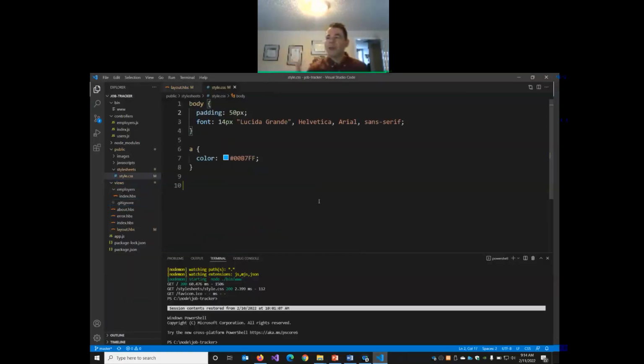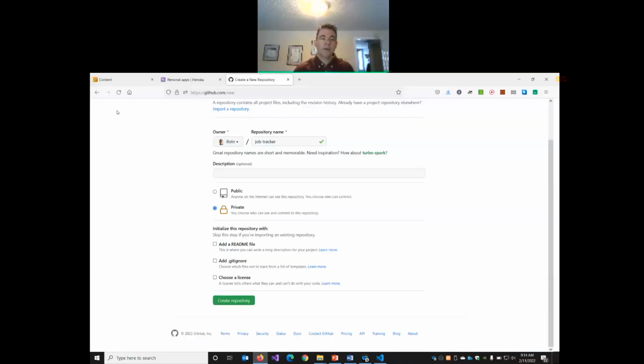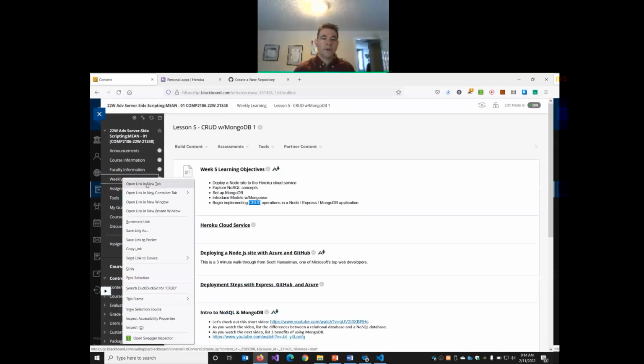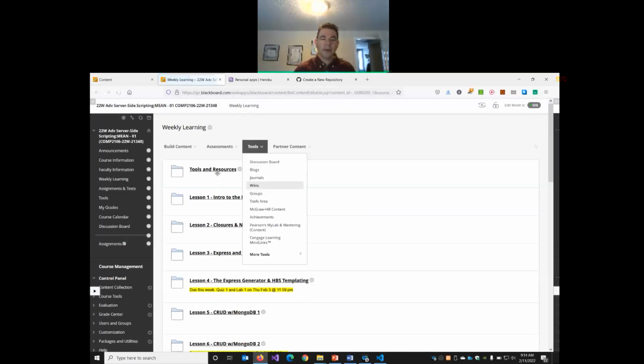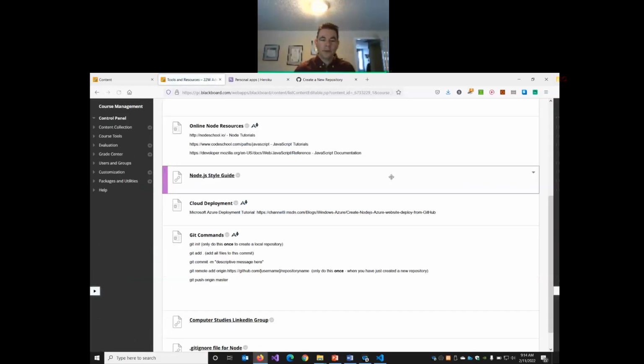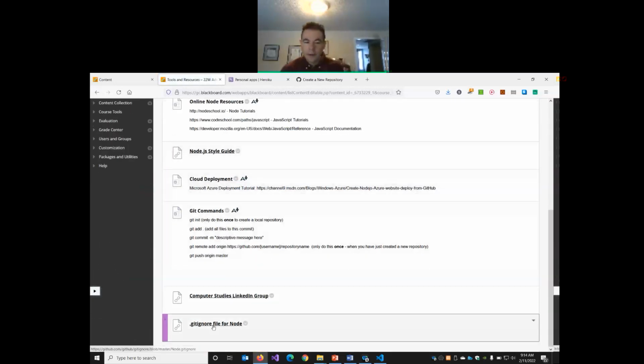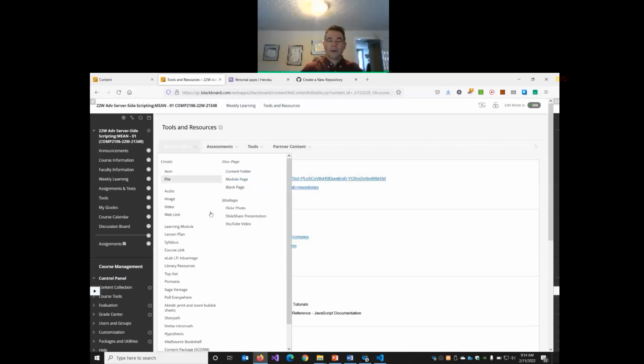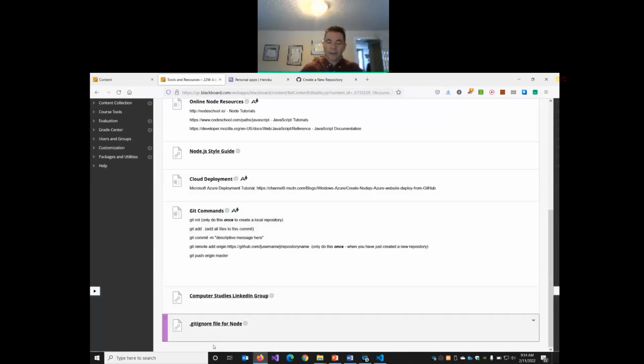Okay, if you don't have the git ignore file for Node, it is on Blackboard. So I will show you where to get it. Inside of the weekly learning tools and resources, there's a link to it here. So if you don't have it, you can go into tools and resources. All the way down at the bottom, the very last item is the git ignore file for Node project. So if you click on it